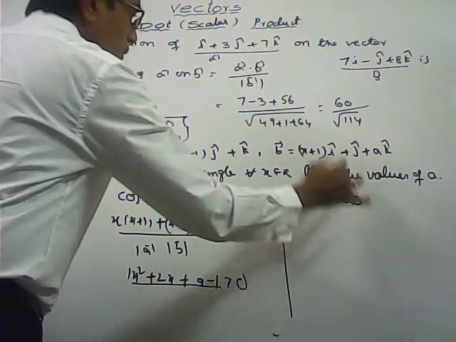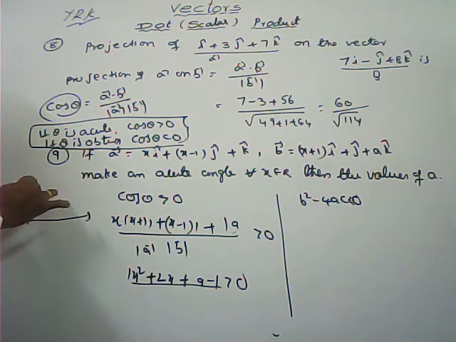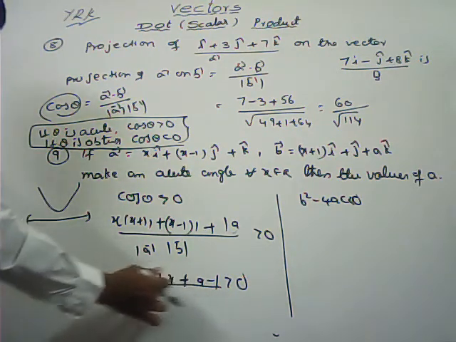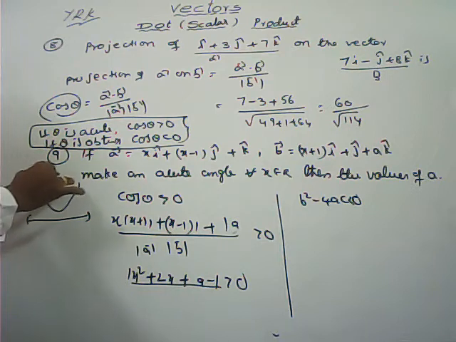b square minus 4ac less than 0. Here the x square coefficient is positive, and the total expression, that is the quadratic expression, always represents a parabola only. For every x belonging to the reals, the total expression is positive. So the total curve lies above the x-axis, so the y coordinate is positive only. That is possible only when a is positive and delta is negative. Then only that is positive.